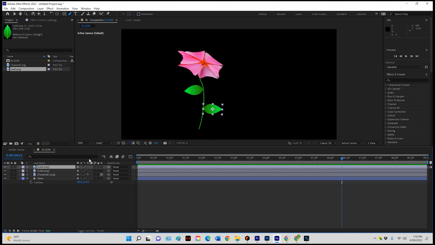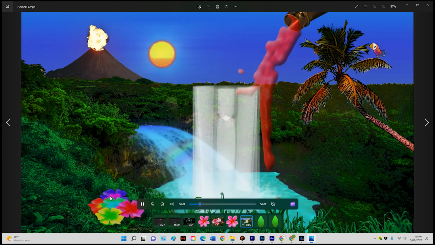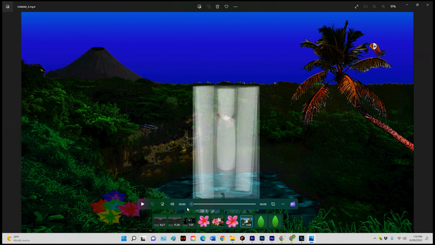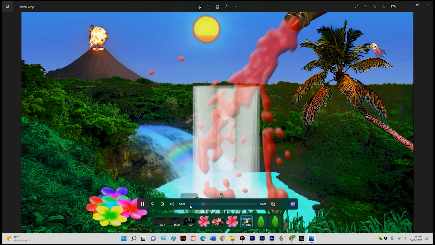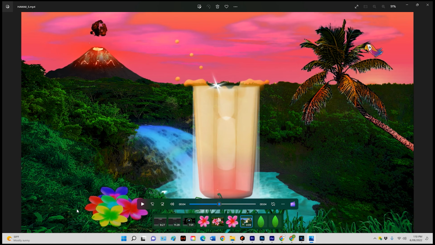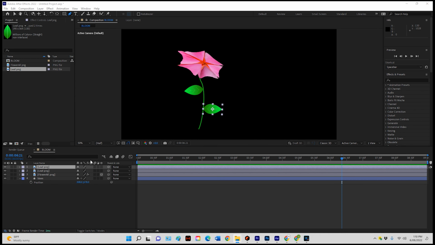Now, the final thing I'm going to show you, because in my Hawaiian Heaven that I did, I'll just show you that again quickly. You can see I had multiple flowers in mine and they were all different colors. So how can we create multiple flowers with different colors easily? Well, I'll show you how. So let's pre-compose